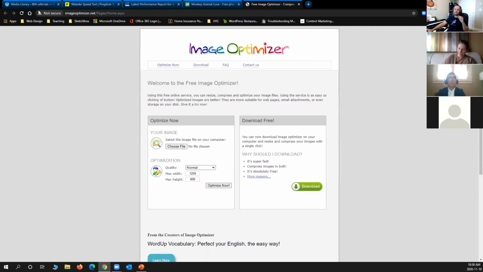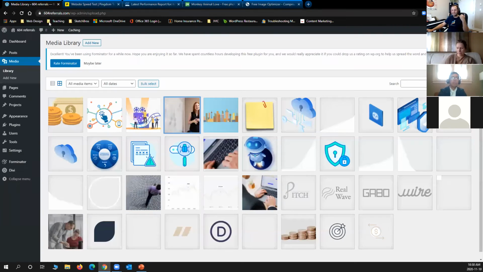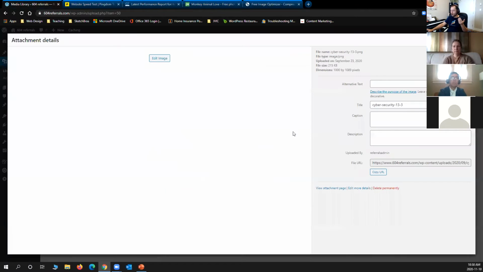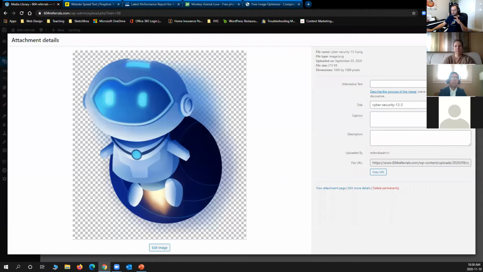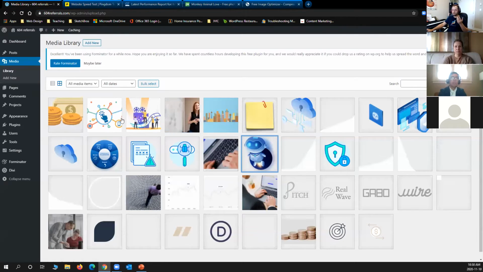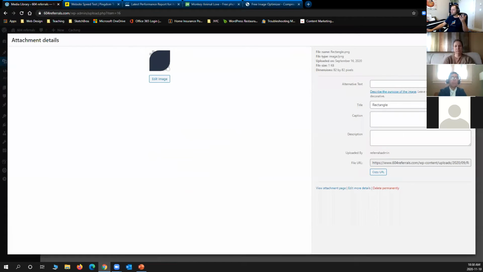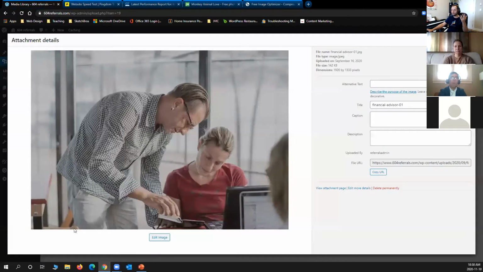Have you ever noticed if you import a template from your theme, from Divi or whatever, the images that they use, except this one, which is like a graphic work, size-wise and everything else, when you compare to that, they're rather small. This is a 1920 by 1333 pixel image with quite high quality still at 142 kilobytes. It's larger than the image I had uploaded, but the file size is lower. So this is how they do it.